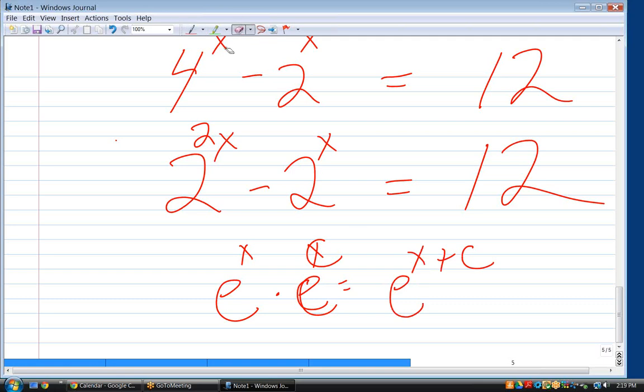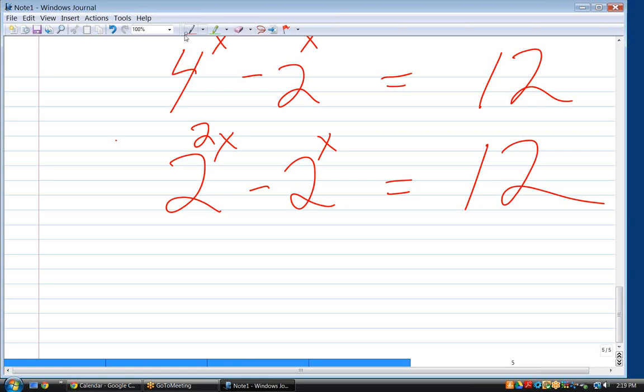Okay, well that's not what we have here. I wonder, if I move the 2x to the other side, now if I take the natural log of both sides,